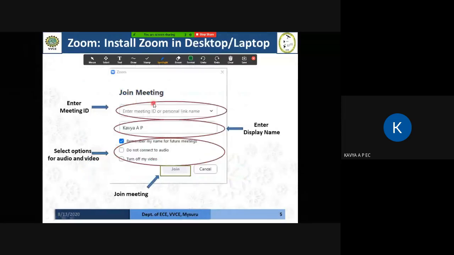Okay. So this is the Zoom, this is how you have to join a Zoom meeting. You can explain using this spotlight. And then you have something called mouse. So using this mouse, you will get the normal mouse. Otherwise, you'll be getting this draw, other options you'll be getting. Next is select. So you can select the screen wherever you want. Next, text. So if you click on this text, you can write.